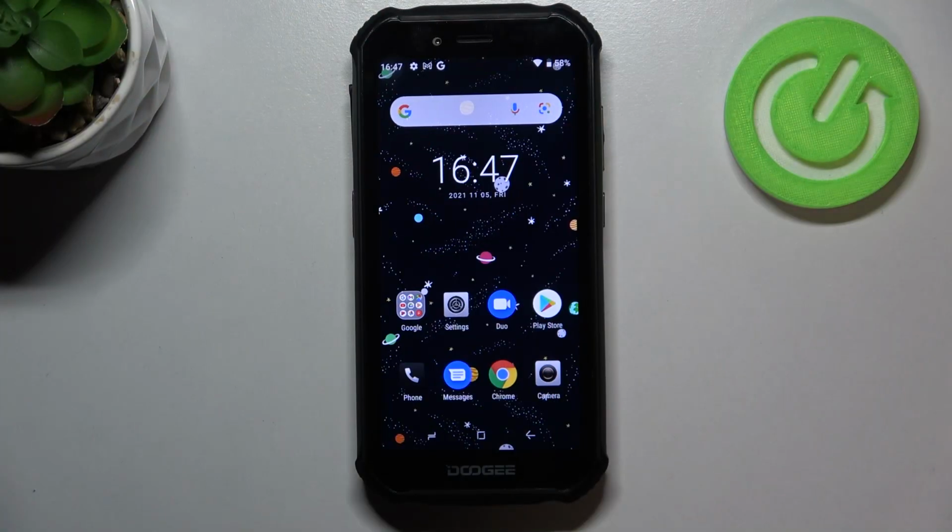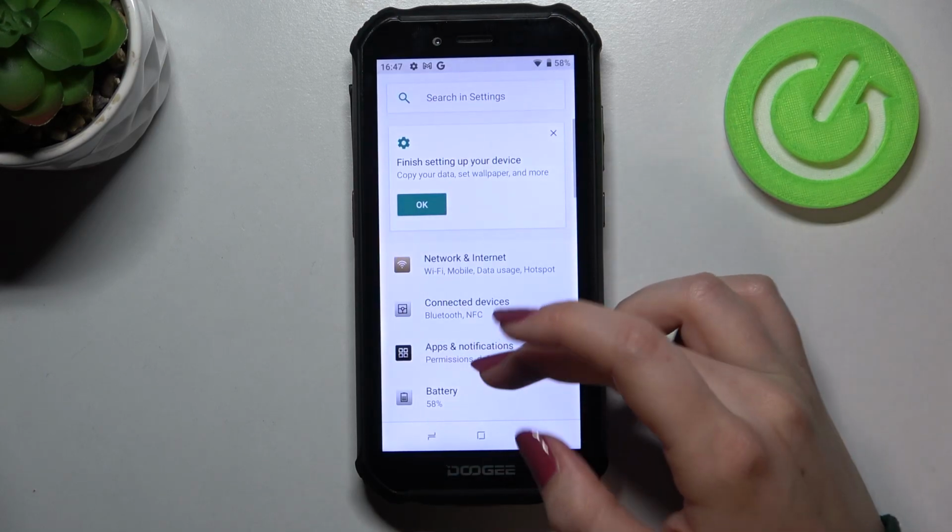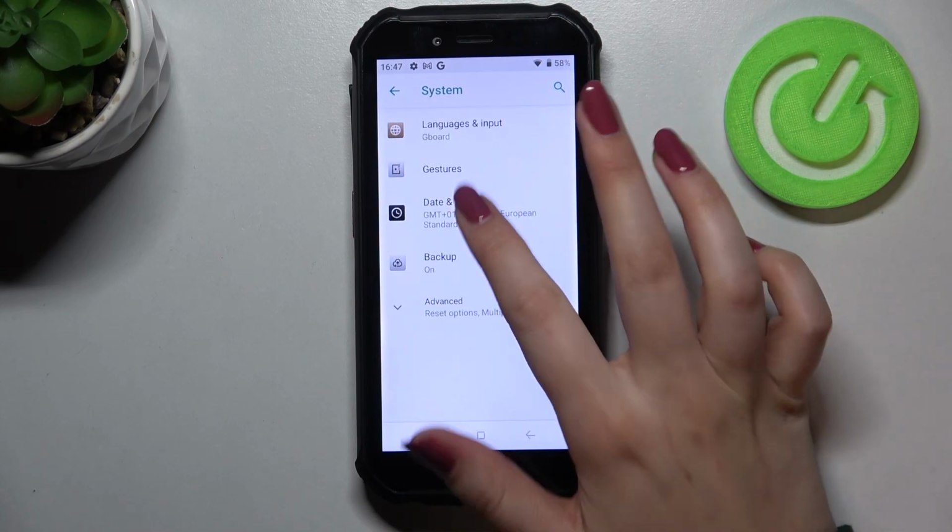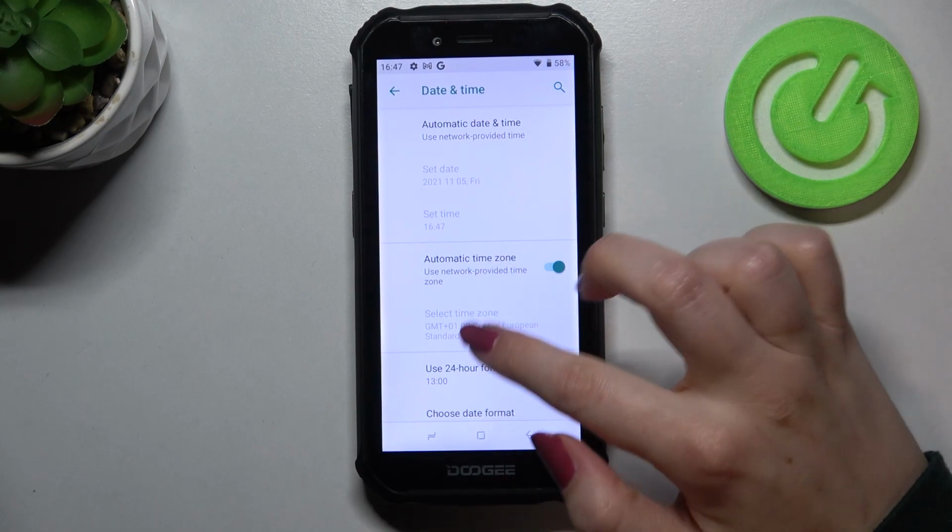Everyone, in front of me I've got the DOOGEE S40 and let me share with you how to change date and time on this device. So first of all we have to enter the settings, and now let's scroll down to the very bottom and find the system. Now let's tap on date and time, and as you can see here we've got some options